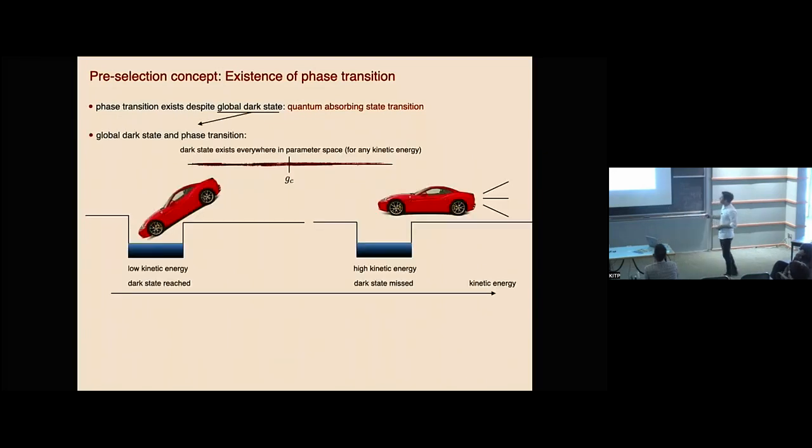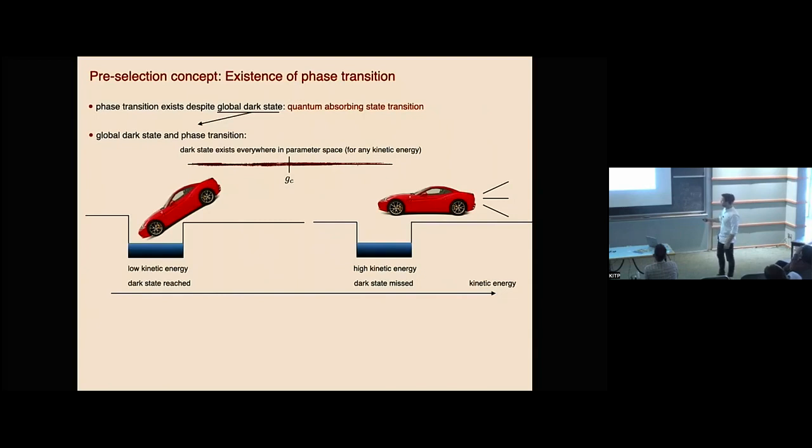I want to here just clarify these different words that are on the table. First of all, let's go into this word, a global dark state that we require. Yeah? So a global dark state would be a situation like that. We always have, as it is very pictorial, a hole in the ground, a dark state. And this is realized everywhere in parameter space, where the parameter space here would be the kinetic energy of this